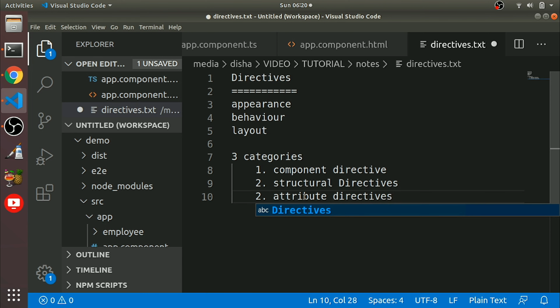Okay, so we'll discuss one by one. So directives are three types.